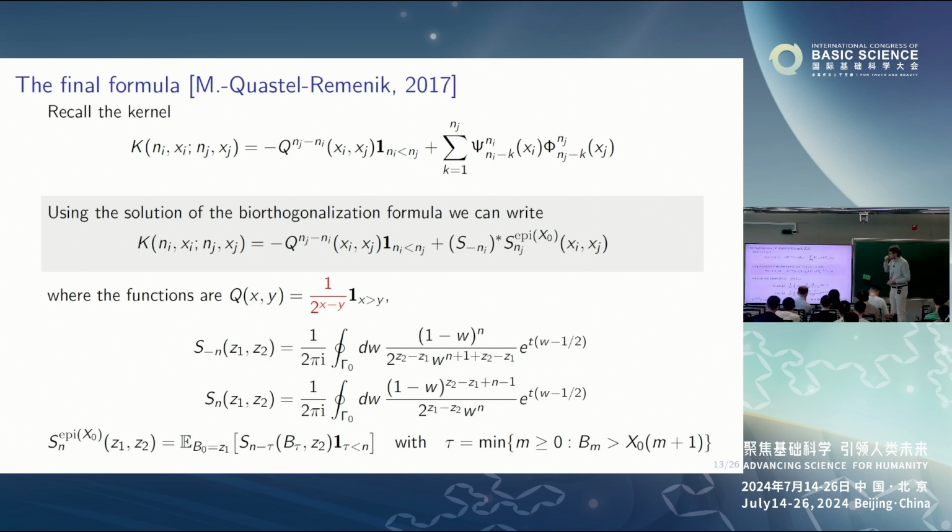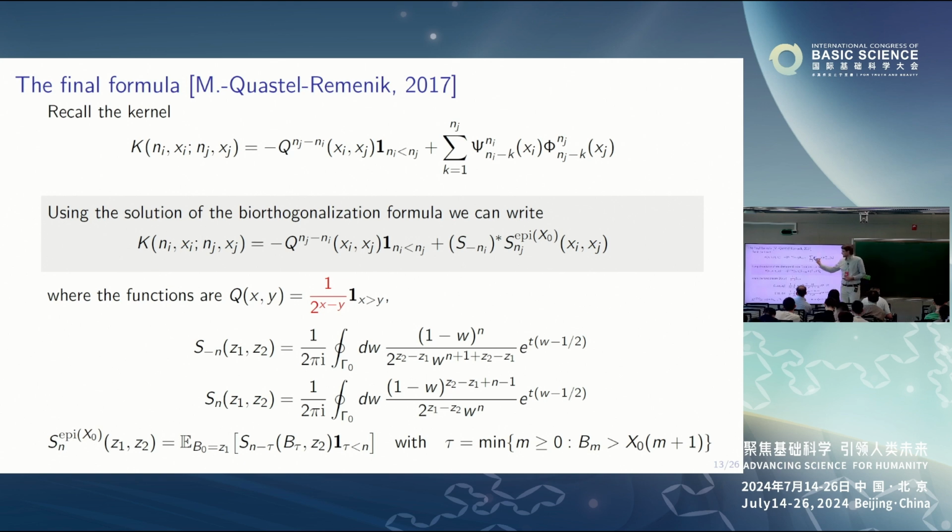Okay, so now what I need to do, I need to conjugate my kernel Q by powers of 2. Okay, so why do I need to do it? So before, Q was just an indicator, this indicator. So if I conjugate it by powers of 2, then this kernel Q becomes a transition kernel for random walk. Okay, so this conjugation I can do for free because the Fredholm determinant is invariant under conjugations.